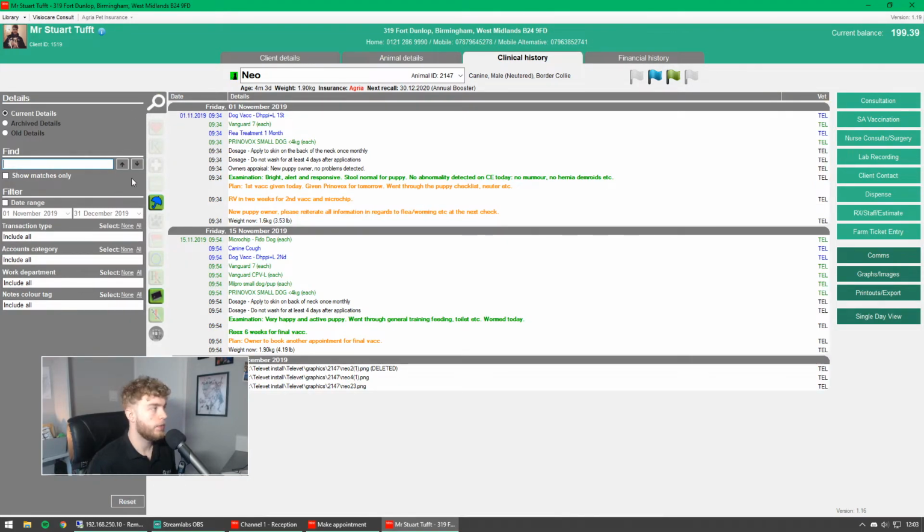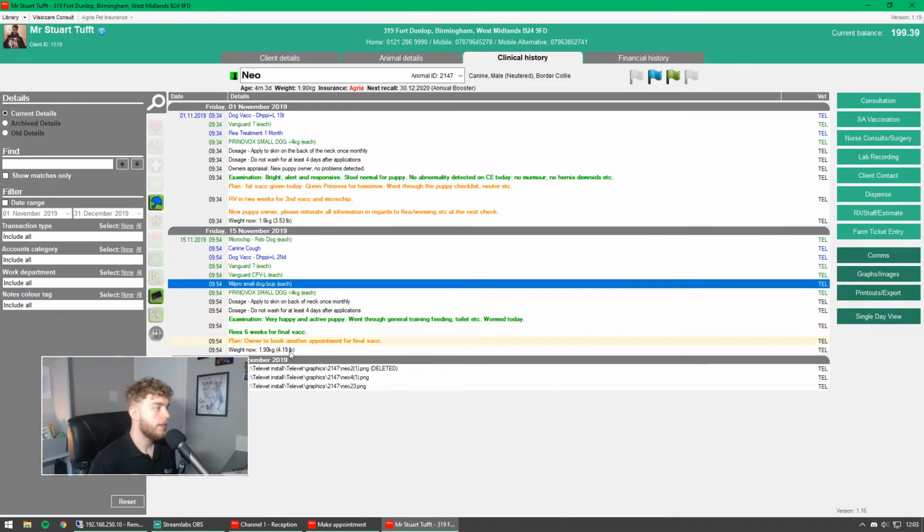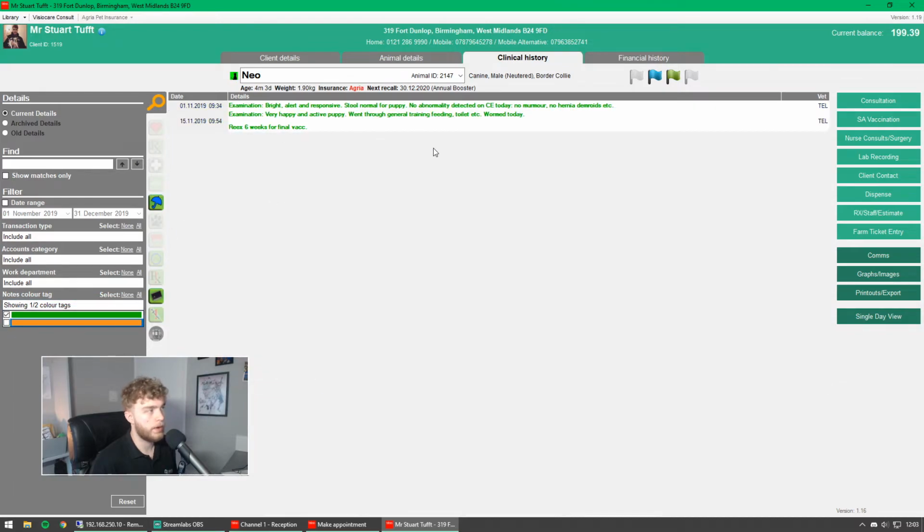To finish off with the filter, we have at the bottom here notes color tag, and you'll notice that we can filter the record by a color. Now you'll notice here I've added some clinical notes, where they are green and then they are orange. Now this is bespoke, so you can set this up however you like. So if I go ahead and filter it by green, you'll see that these are all examination notes that I've added. I'm going to reset this,